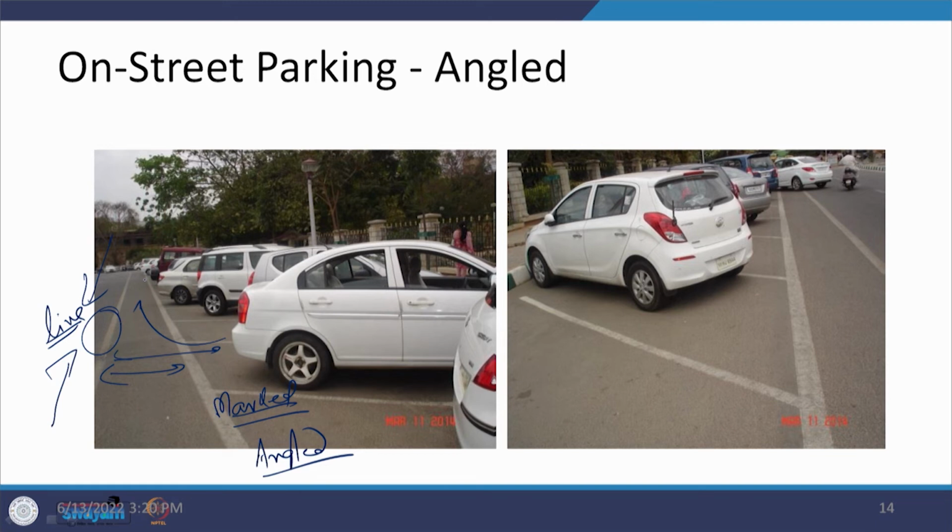Another thing is it also allows space for the movement of the drivers if the space is not available on the other side. If it is available on the other side, then they should use that footpath rather than this particular space. But even if this is being provided, what you can see here in this photograph is that the vehicle is coming out from the parking and there is a two-wheeler which is moving on the road, and now there is a possibility of a hazardous interaction between the two. So, this is one negative thing, because when the driver is taking the vehicle out, he or she does not have visibility of the vehicles which are moving on the main highway. So, this is going to be a problematic situation here.